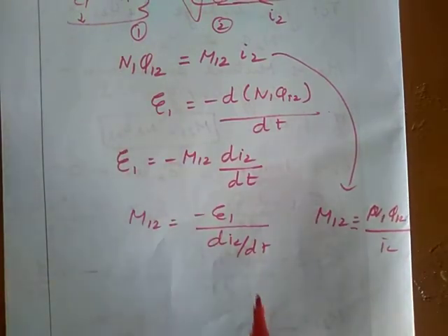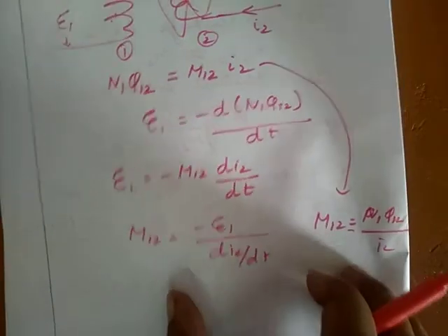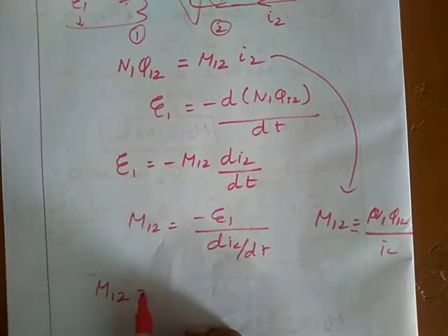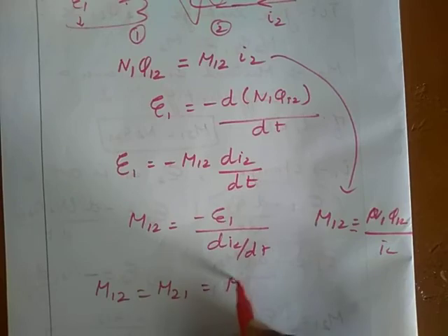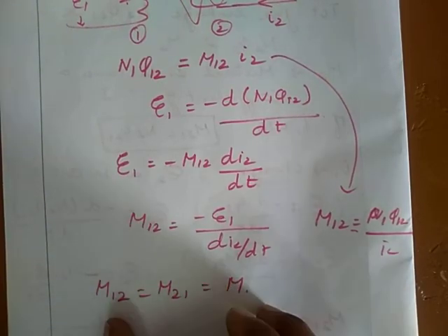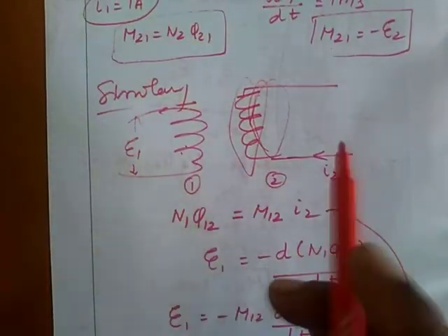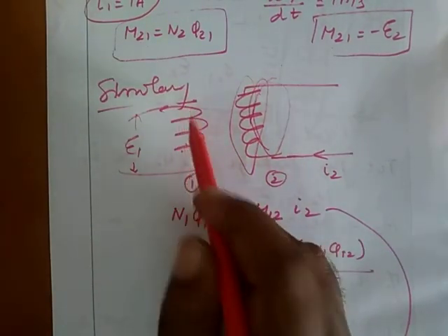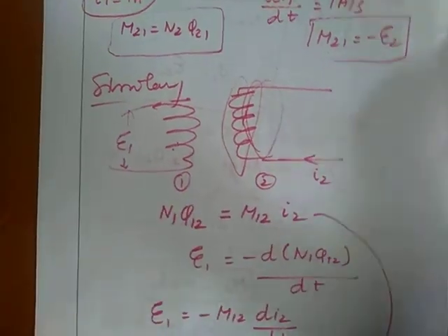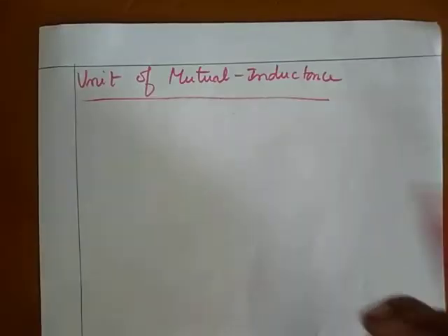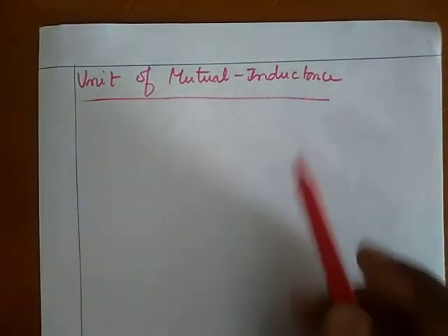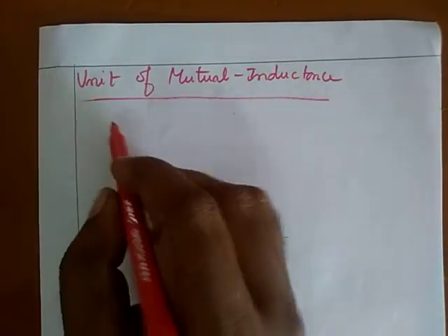Okay, in general the mutual inductance of the pairs of the coil is the same. So we can consider M12 is equal to M21 is equal to M. This one only depends on the shape and size of the coil we considered, and also the number of turns. Okay, and what is the medium inside the coil. Here let me see the unit of mutual inductance. The unit of mutual inductance is Henry. Okay, Henry.